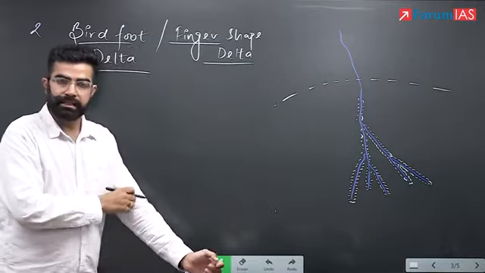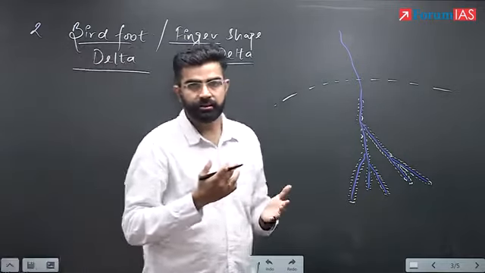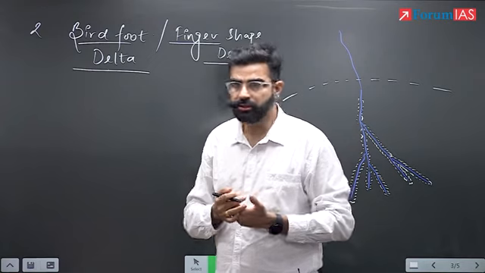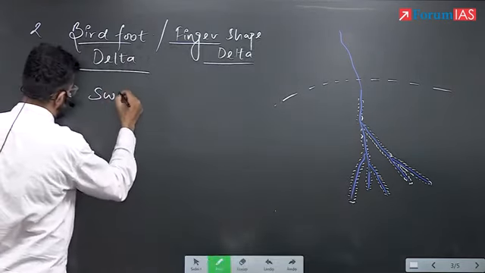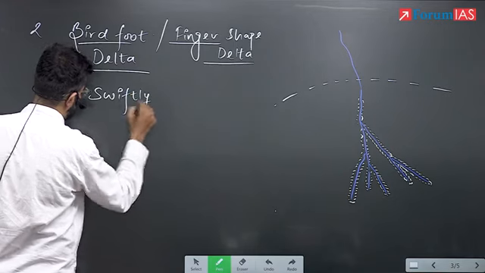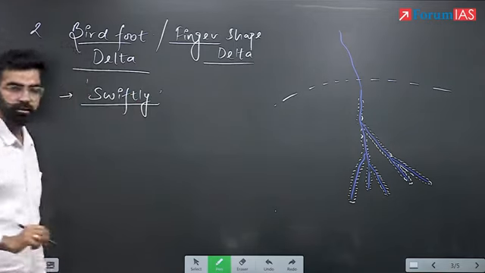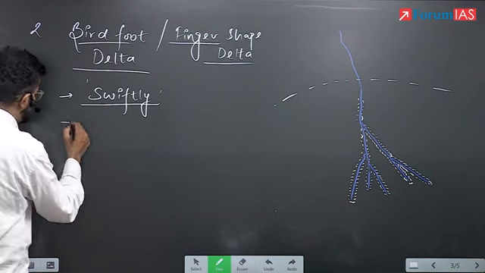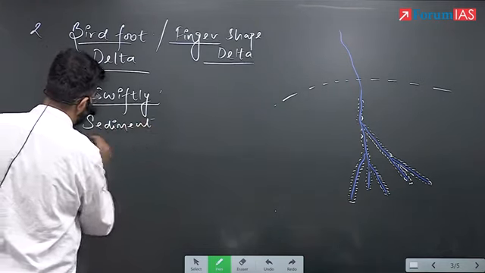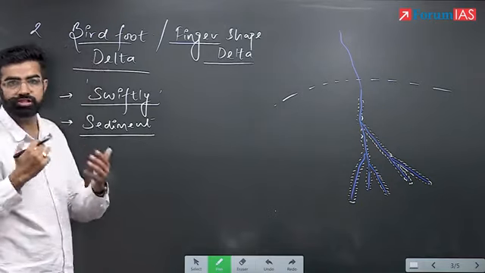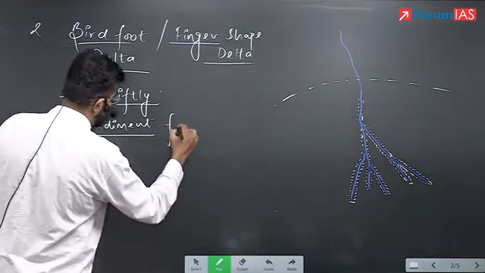Now, again, some conditions should be there in this type of delta formation also. So what are the conditions? We are assuming, number one, the river is flowing swiftly. Okay, somewhat speed is there with the water. The second condition, we will assume the sediments are finer. Remember, in the previous case, sediments were coarser, and here the sediments are finer,